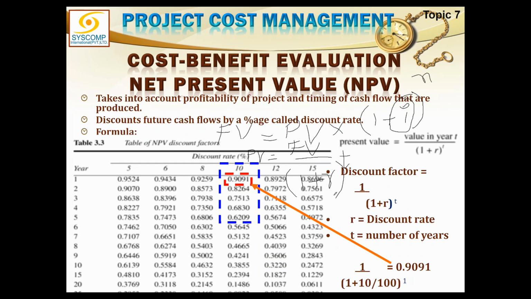With the formula of this PV, present value. If you want to use the formula, use it. So if I start putting the values in this formula, today the value is 1 lakh divided by